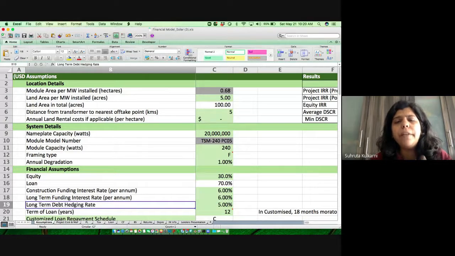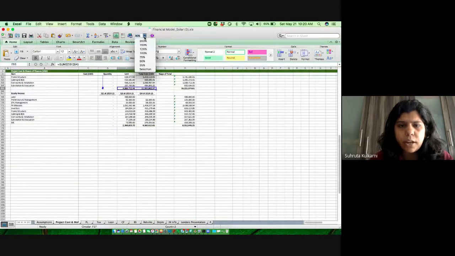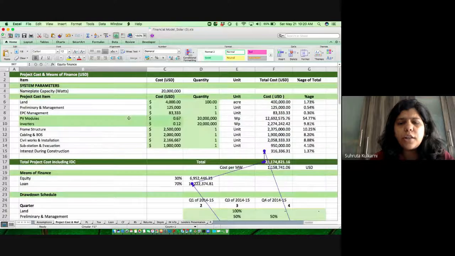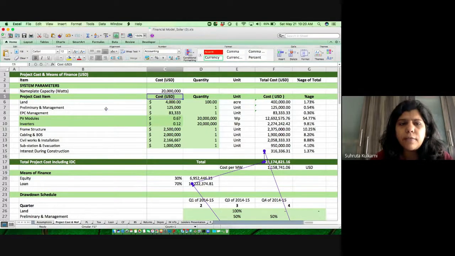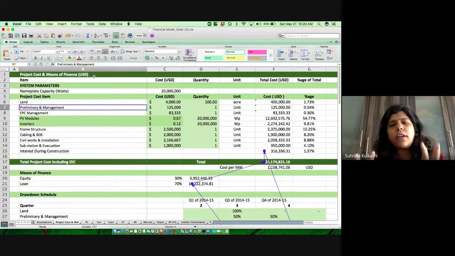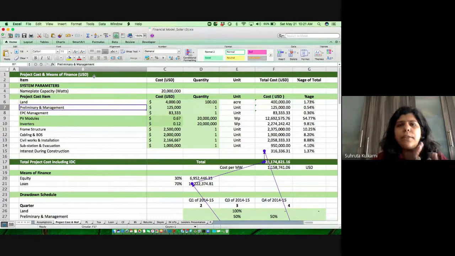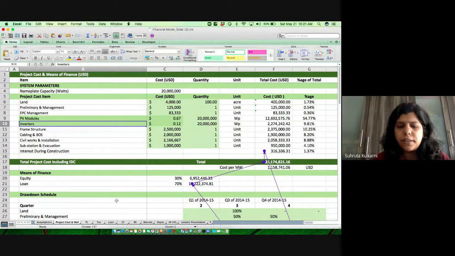This is one of the most important pages of a financial model, and I will come to the details of it. Then the second page of this model is project cost and means of finance. I'm just going to remove all these formulae later on. Because this is an infrastructure project, I want to see how the project is getting built, and hence how I need finance based upon the project timelines. This is why I have developed this sheet, and I will explain it to you in detail.